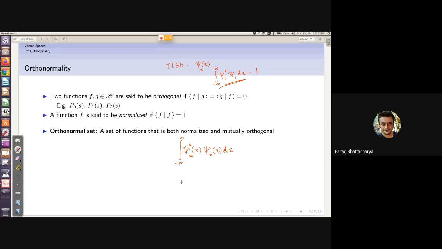So over here the lower limit is -infinity, the upper limit b is +infinity, and the weight function is equal to 1. So this is nothing but,